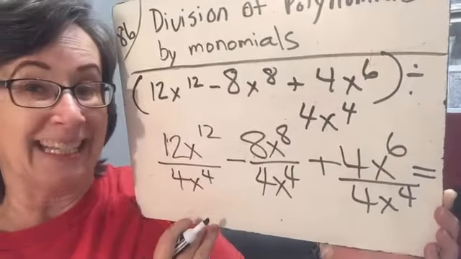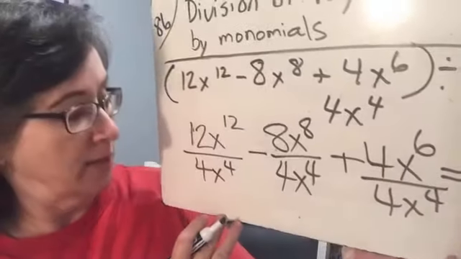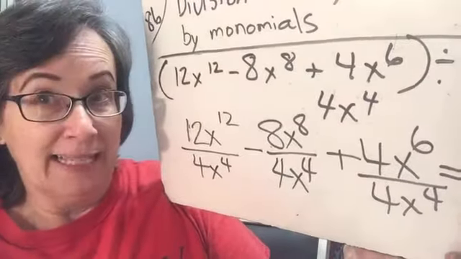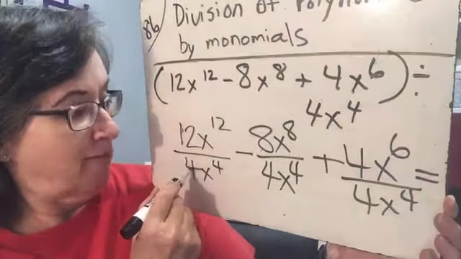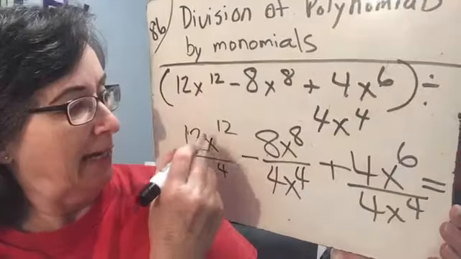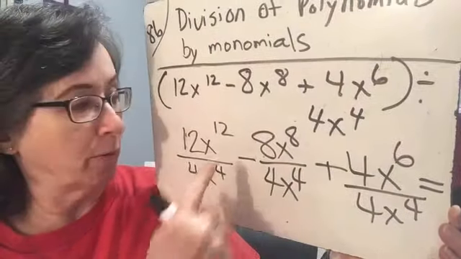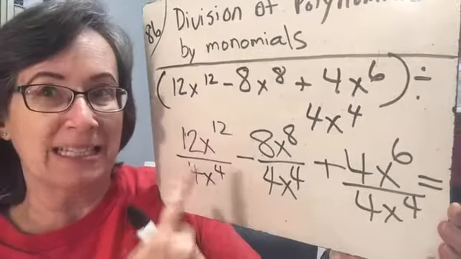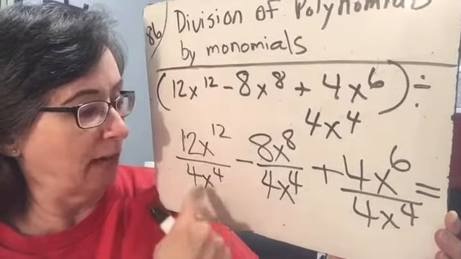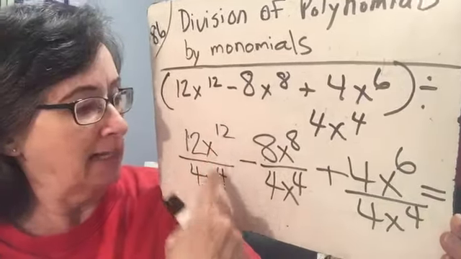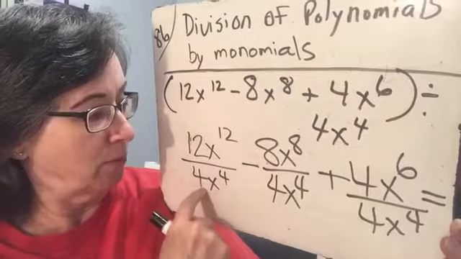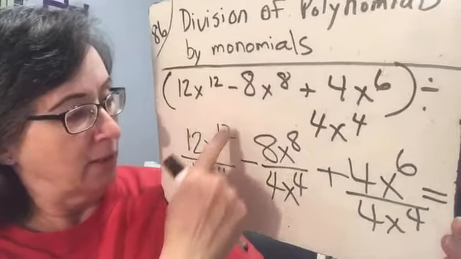So now that I've written each term over the divisor, I simplify. 12 divided by 4 is 3, and x to the 12th divided by x to the 4th. Remember, when I divide, I subtract the exponents. I'm dividing like bases. I subtract the exponents. So that's going to be 3x to the 8th